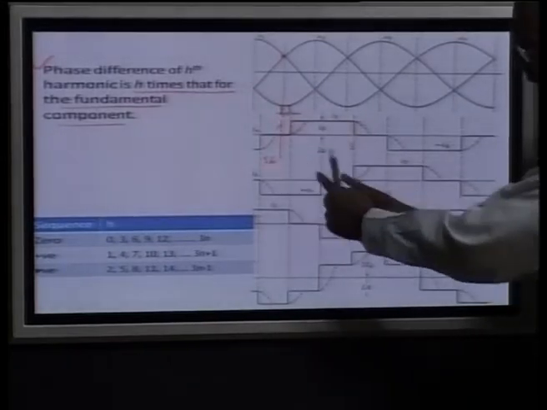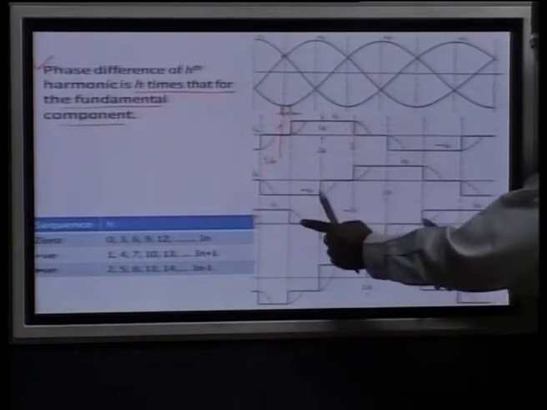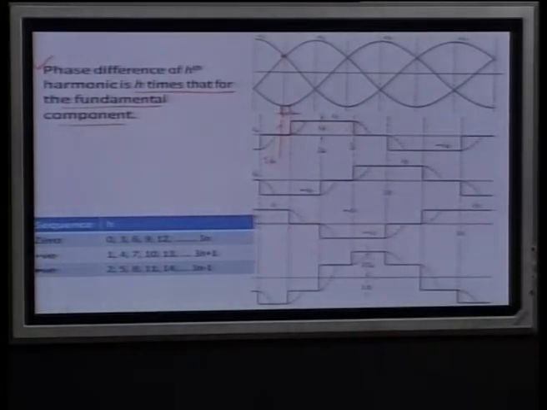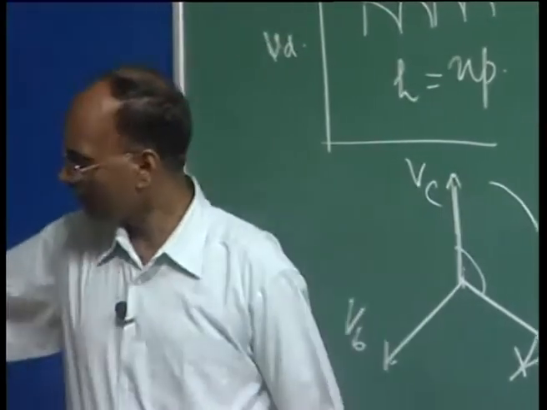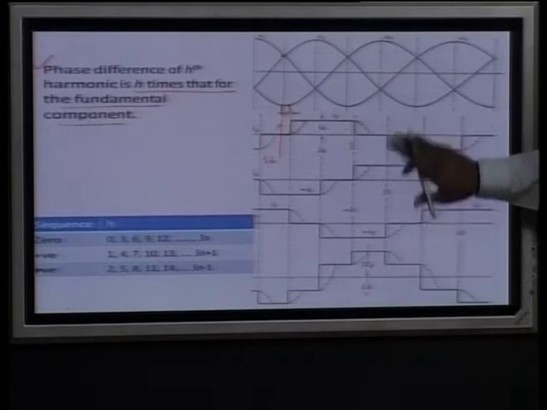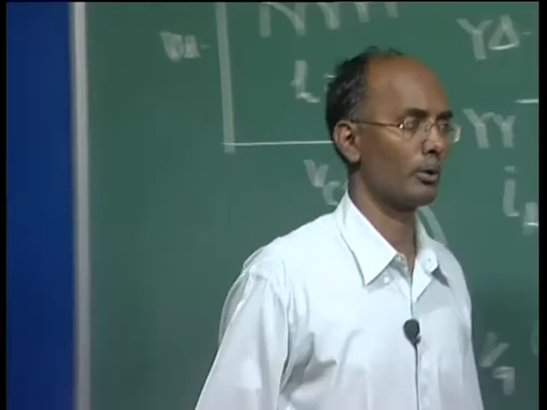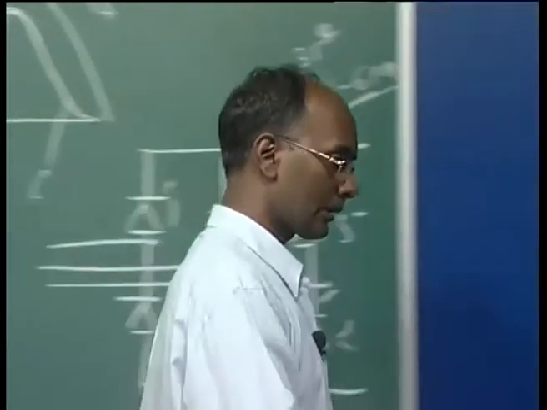You can see it is just shifted by 120 degrees. This is 60, this is 60. You can see from here it is shifted by 240 degrees. So, as said, it is shifted by only 120 degrees here. So, let us take the ideal condition for this and analyze the Fourier components,